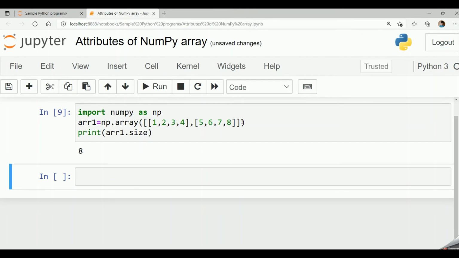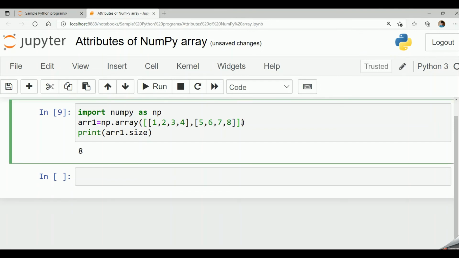Now let's consider a three-dimensional array. So this is a three-dimensional array.